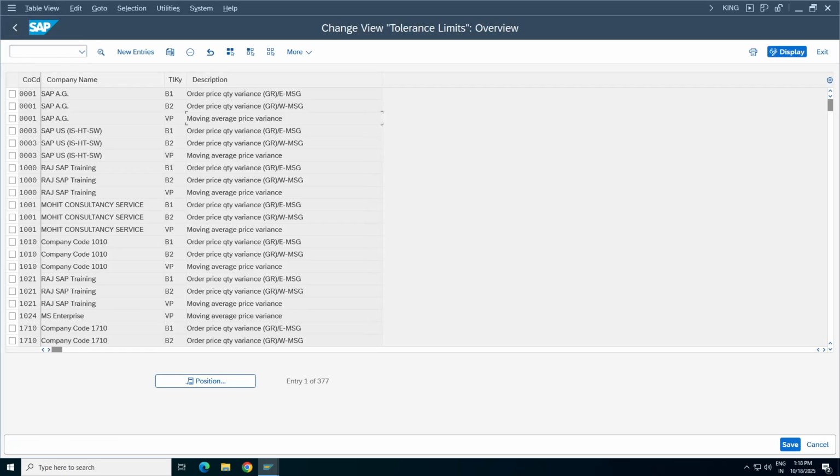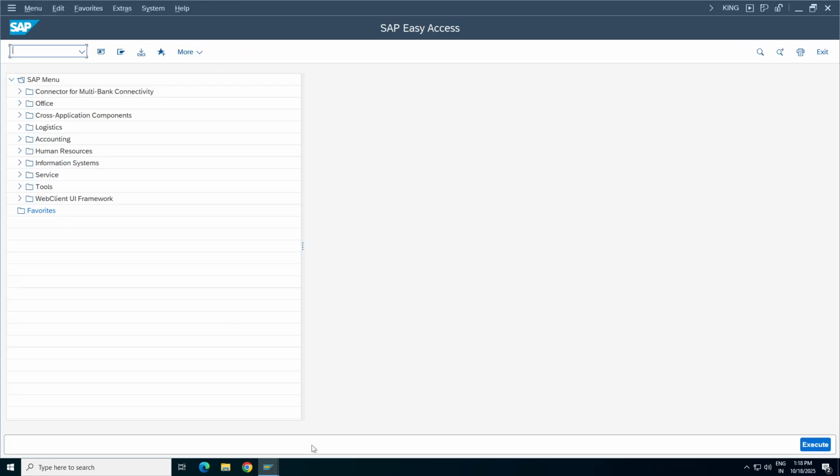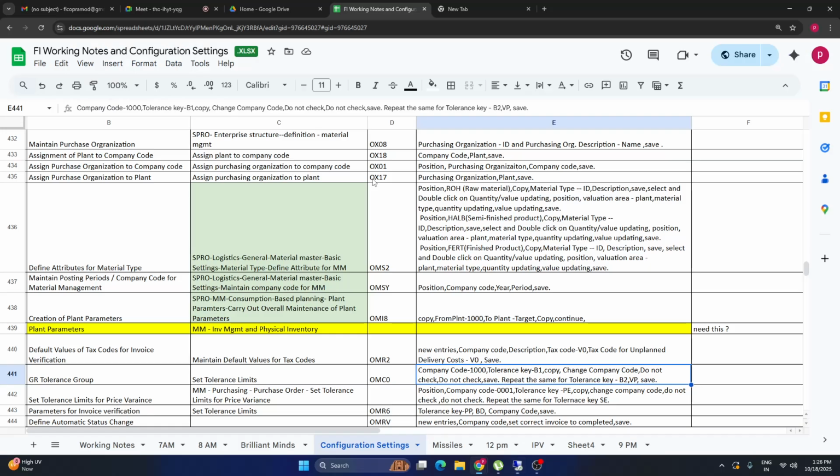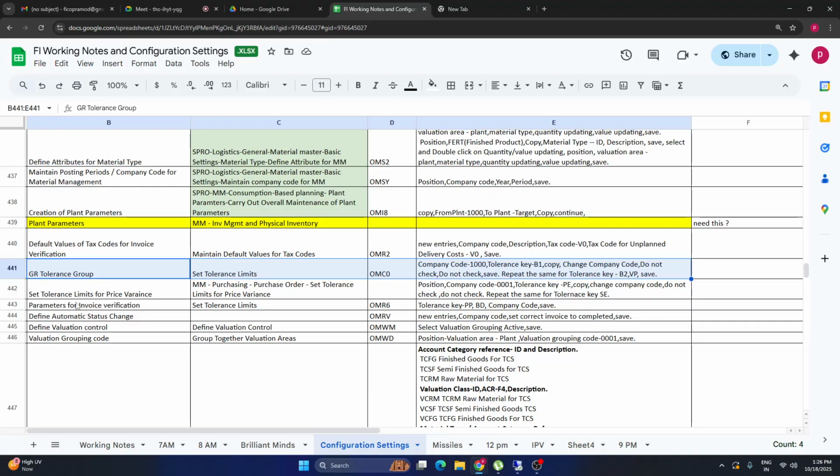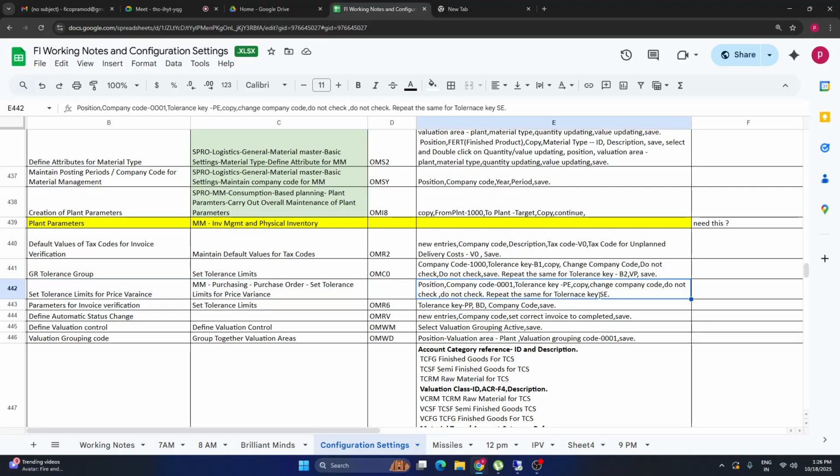So these are the standard system settings. Now, these differences are based on the goods received. This is the difference based on the invoices. See here, purchase order: set tolerance limits for the price variances. So here also PE and SE. So I don't have